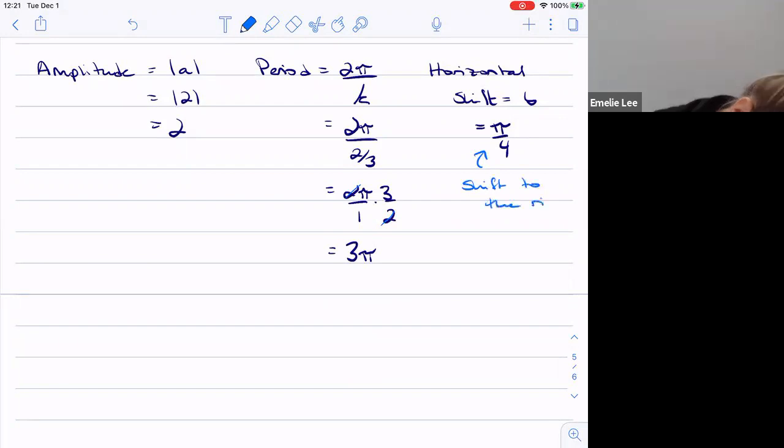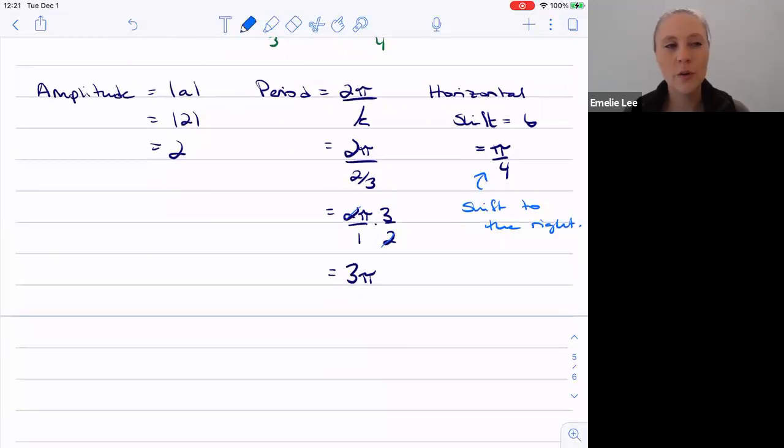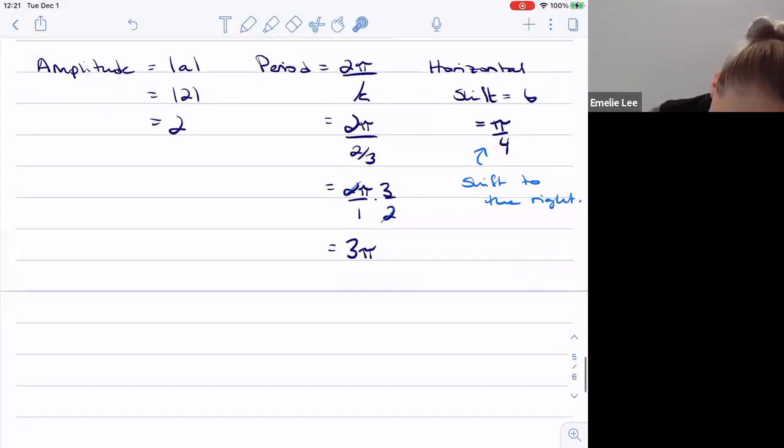Shift to the right. So knowing that sine starts at (0, 0), right? Then if I have to shift this to the right, I'm actually starting at (pi over 4, 0). And then it takes me a distance of 3 pi to do a complete cycle, right? And so what this thing looks like